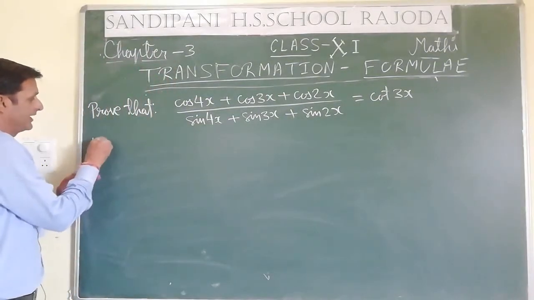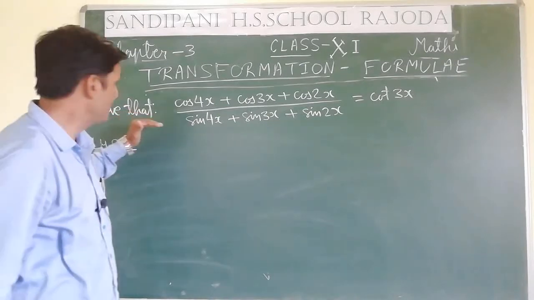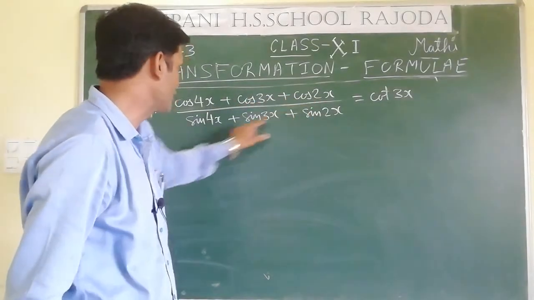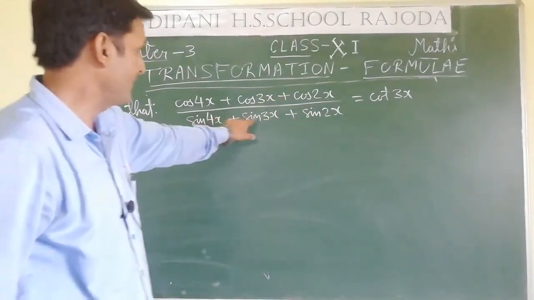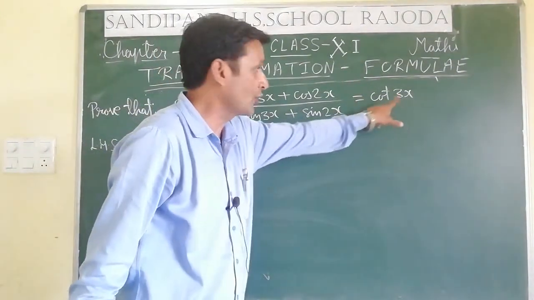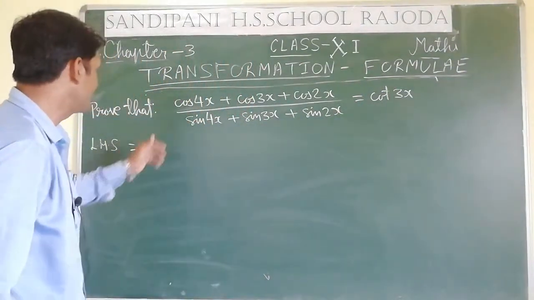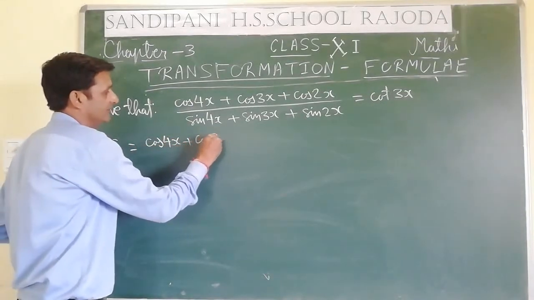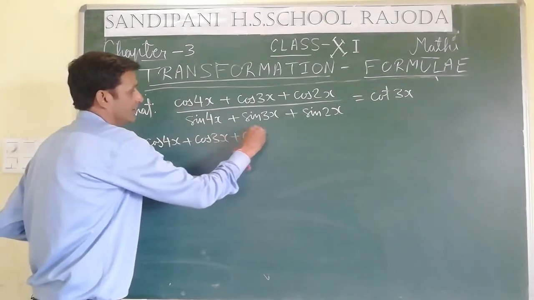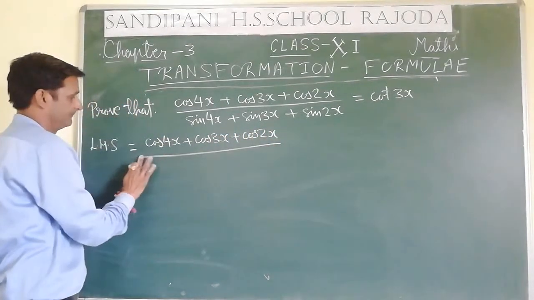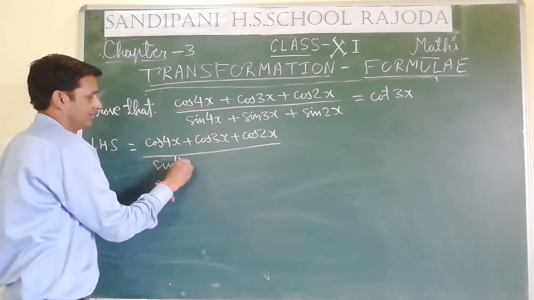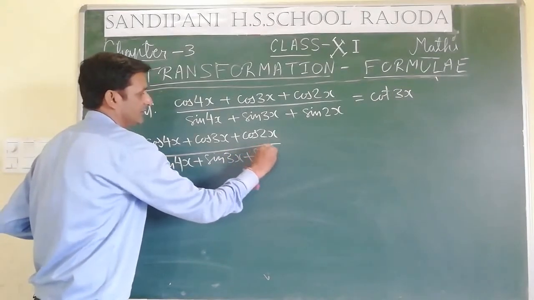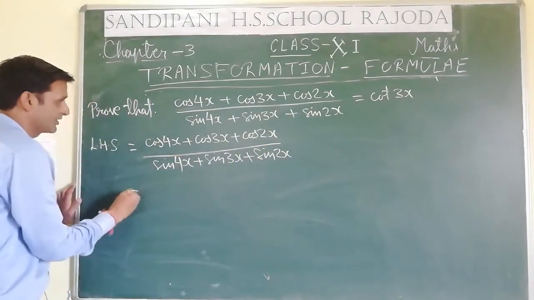I am taking the LHS of this question. The question is: prove that (cos 4x plus cos 3x plus cos 2x) whole upon (sin 4x plus sin 3x plus sin 2x) is equal to cot 3x. We have to prove this. So LHS is (cos 4x plus cos 3x plus cos 2x) whole upon (sin 4x plus sin 3x plus sin 2x). So it is equal to